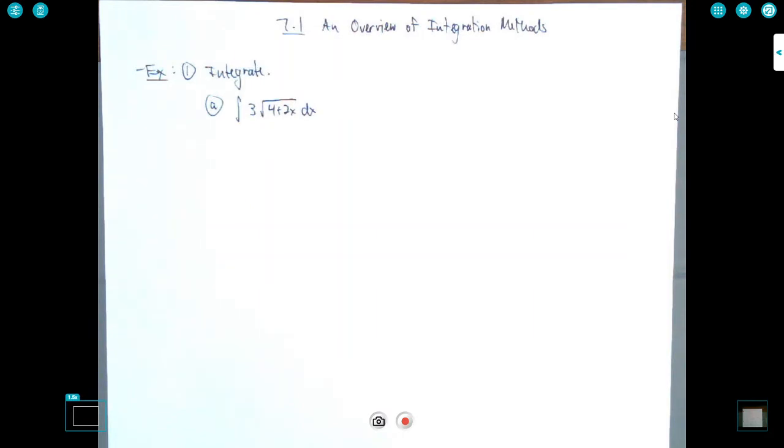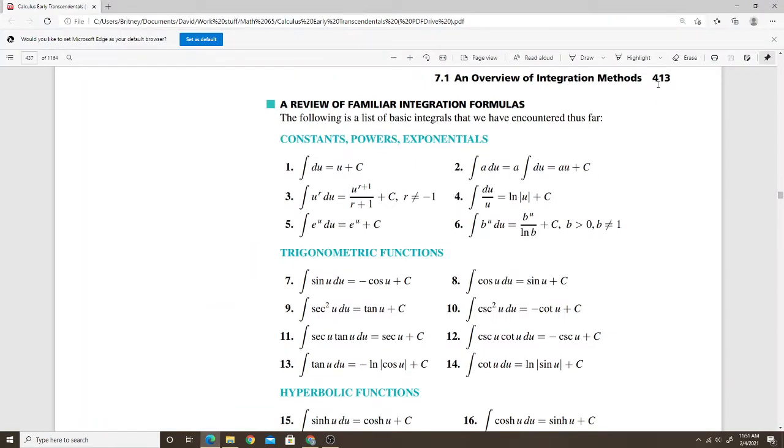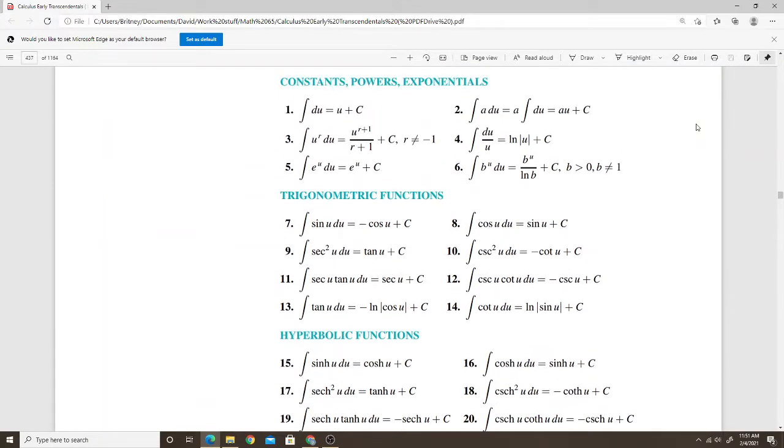Okay, so in 7.1, we're just going to give an overview of what we already know about integration. So there's nothing new in 7.1. It's just a review of some integration techniques that you should know. And in fact, if you look at your textbook, this is page 413. It's like the only page in 7.1 because, like I said, there's nothing new. I think it's maybe the second page of 7.1, and it has a list of stuff that we already know,